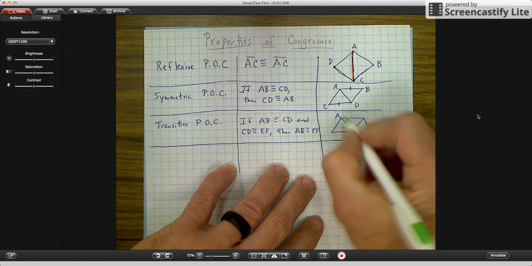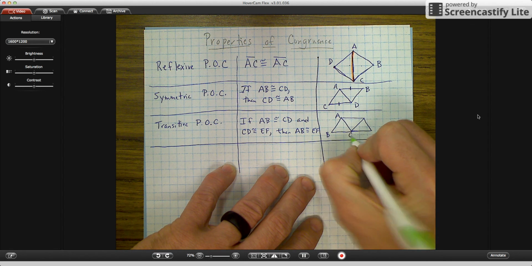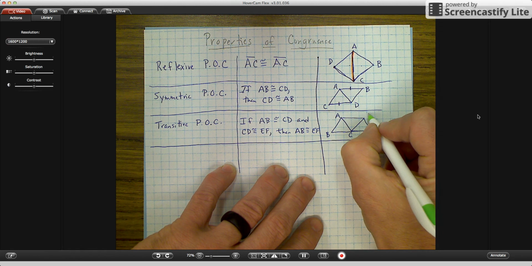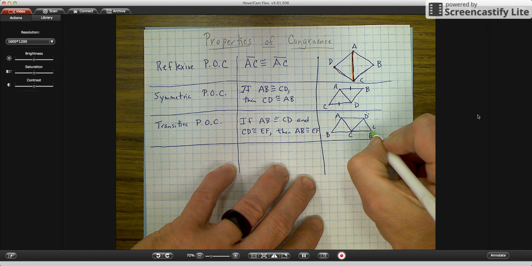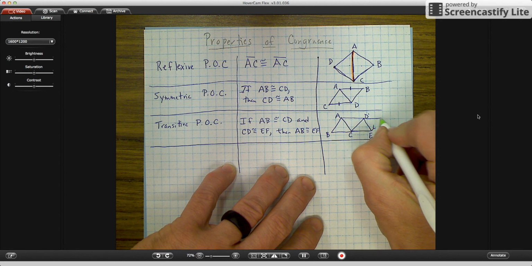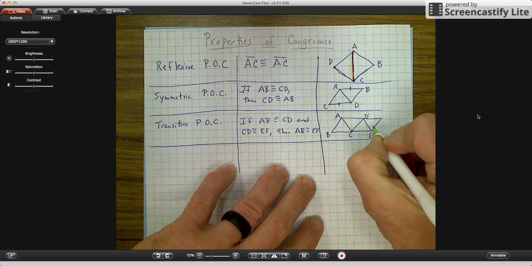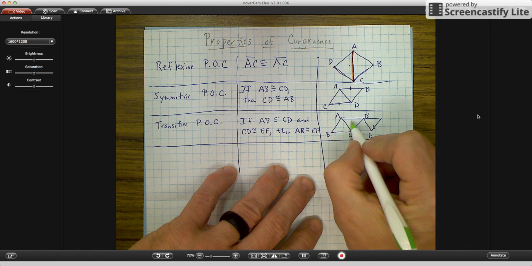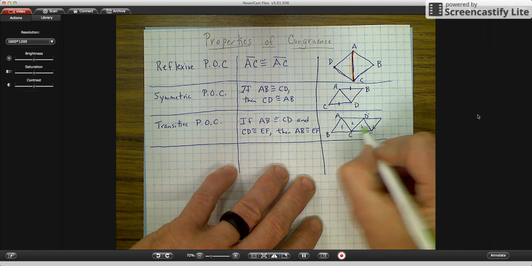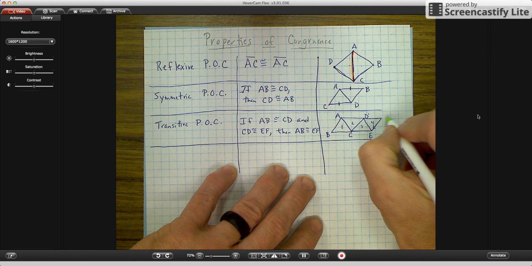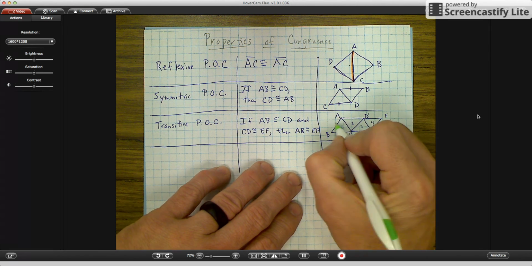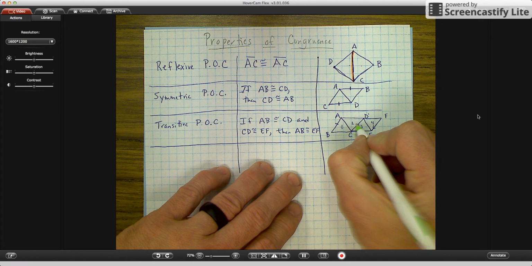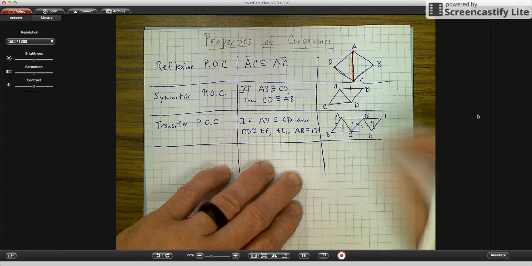So we have A, B, C, D, E, and make another triangle here. So we've got 4 different triangles. 1, 2, 3, 4. F. And if we say that AB is congruent to CD, there are my congruent markings,